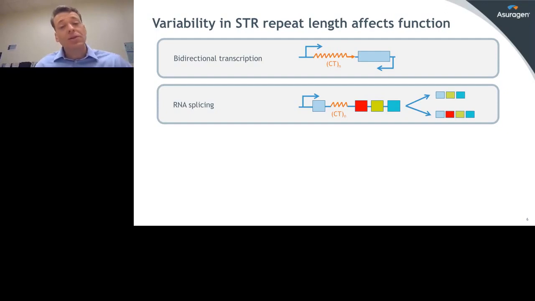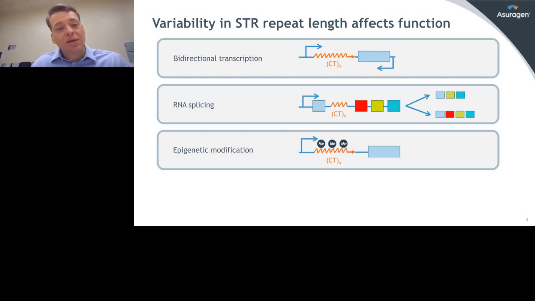Now, in addition, we also have quite a bit of evidence of more direct effects on RNA splicing as a way repeats can affect expression. For example, it's been known for years now that the TG repeat in intron 8 of the CFTR gene alters splicing at exon 9, which then reveals itself in some cases in a clinical phenotype of male infertility with congenital bilateral absence of the vas deferens and non-classic CF.